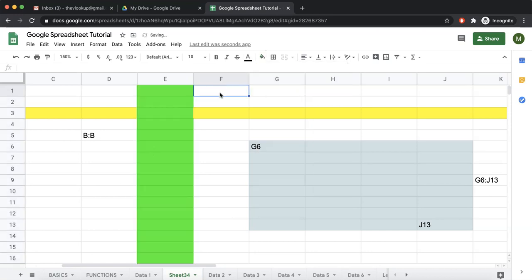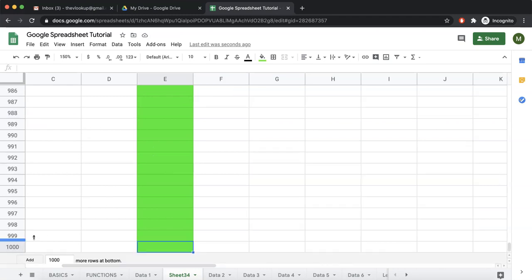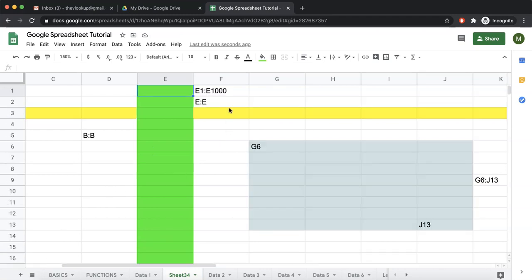So this particular column, I can also write as E1 to E1000. So it's the same thing. So E1 to E1000 or E to E is the same thing, but there is one difference. If I add more rows at the bottom, then this becomes different, because now there will be E1500, but I have only selected up to 1000. But this will be the same, sorry. Even if it is 1500 rows, it will still denote E1 to E1000.